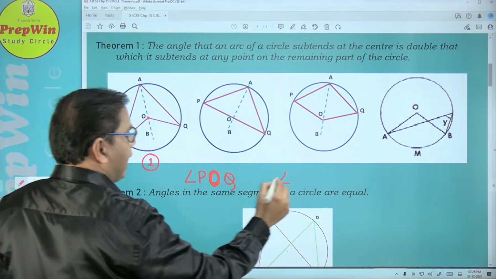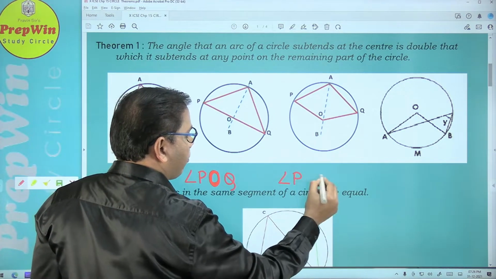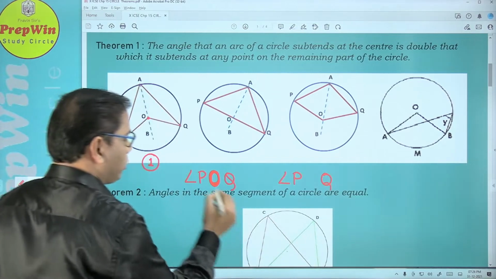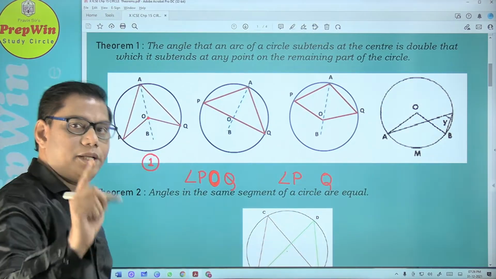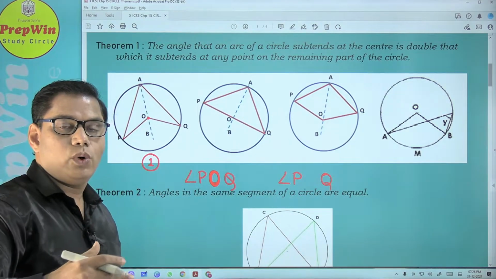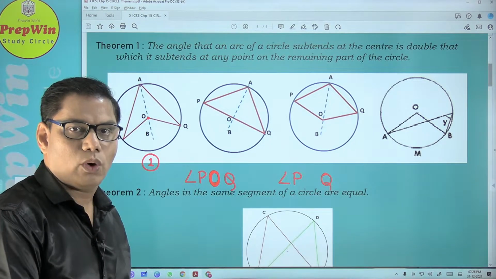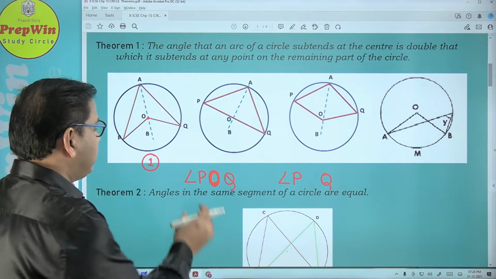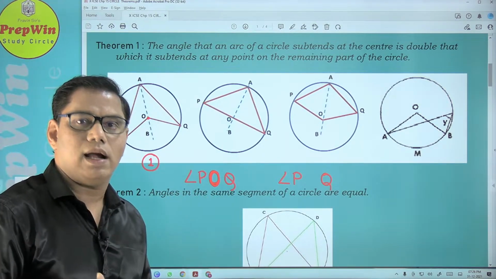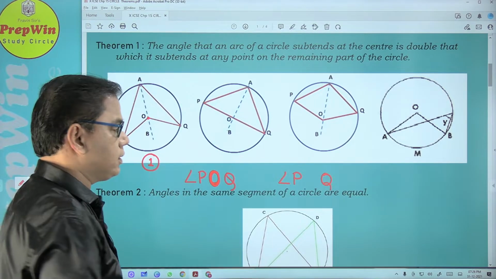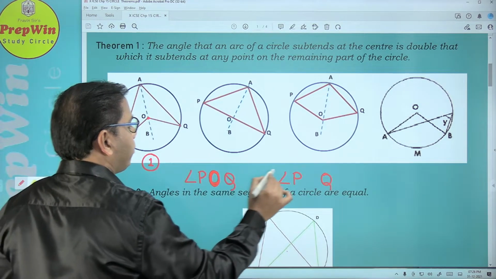Generally when you take this angle ना, दोनों का starting point और end point same होता है. Like PQ here, so PQ here. Please note this point, because you are going to get very complicated diagrams in the examination when we solve our question bank. Okay, so these are certain pointers which will guide you to find out the correct answer. So starting point is P, end point is Q.